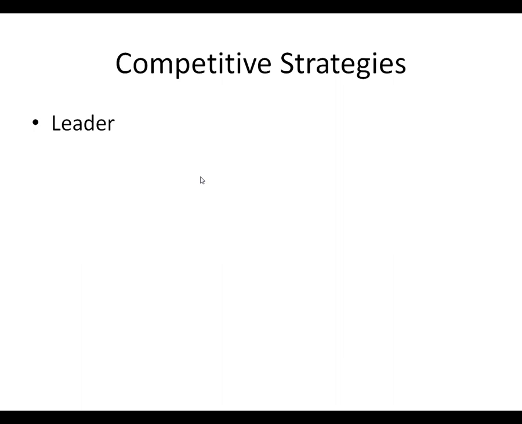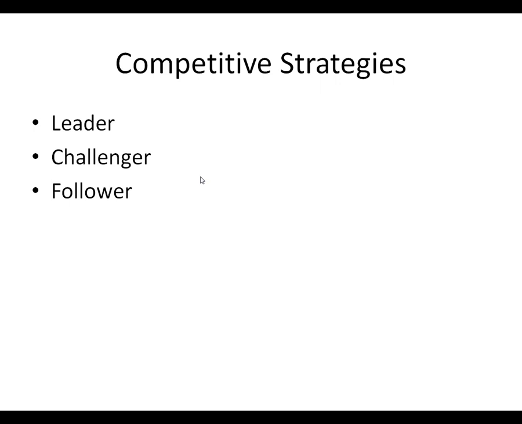So you're in the marketplace with all your competitors. There are different strategies that you can undertake. You can be the leader, the one out in front everyone's chasing. You can be the challenger, the one that's not in first but is interested in being first and doing what it takes to become the leader. You got followers. These are firms that are not in the lead, and they're okay with their position in the marketplace. They don't expect to ever be number one, and that's okay. They're good just being a follower.